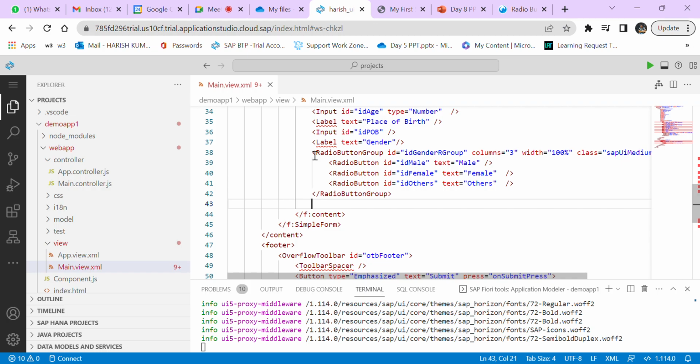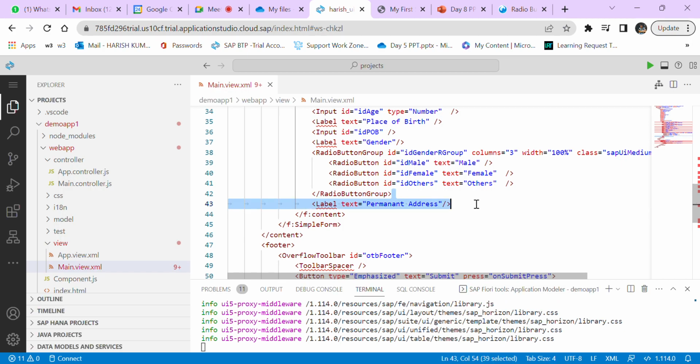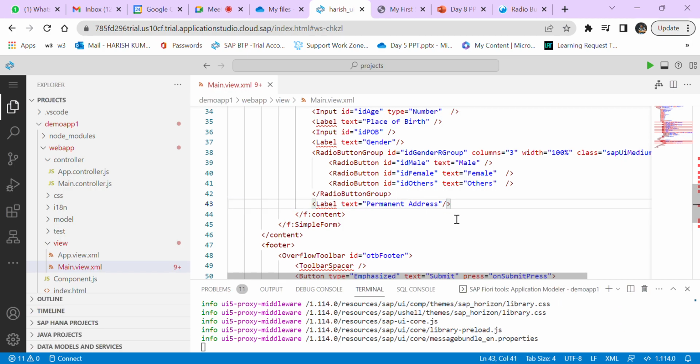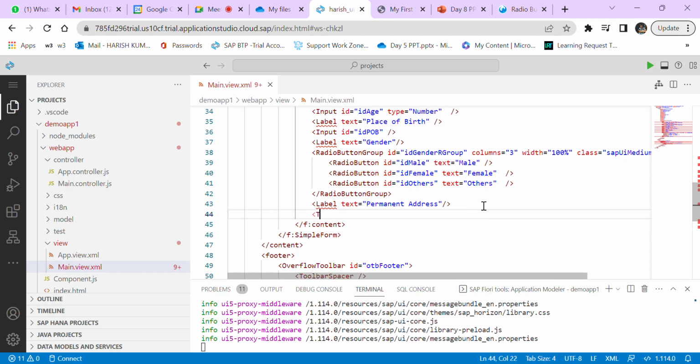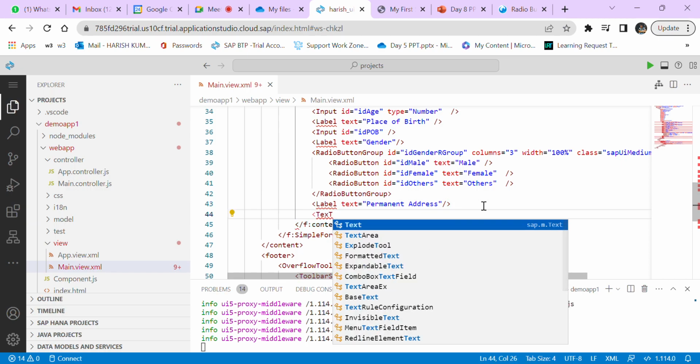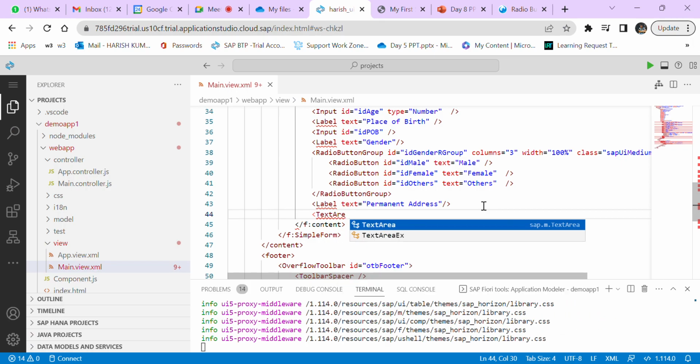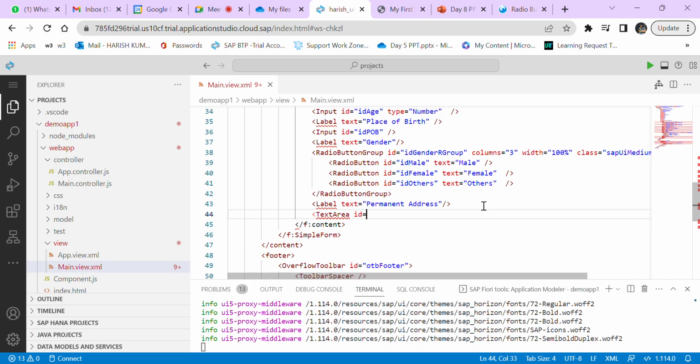So what I'll do is, next I'll give a label permanent address. Permanent spelling is correct, permanent address. Okay, and we have here text. We'll give text area because the address will be very big, so that's the reason I'm giving text area. ID is permanent address. Okay,